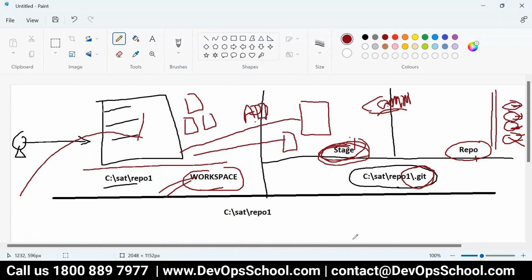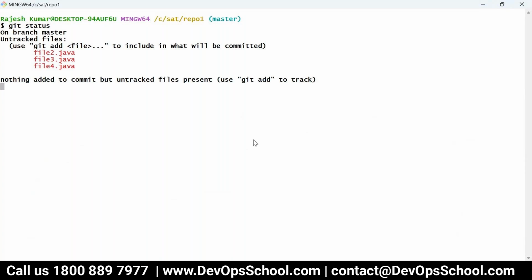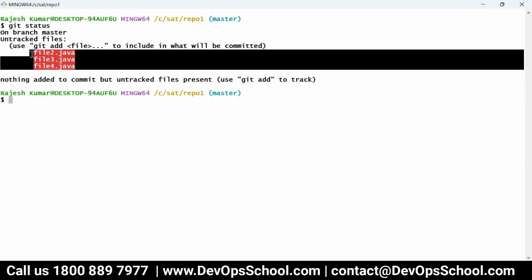Yes. Git status will tell you which code you have in which area. Now you see these three files: Git is saying, hey, I don't have tracking of them because I never committed these files. So Git does not have those details.